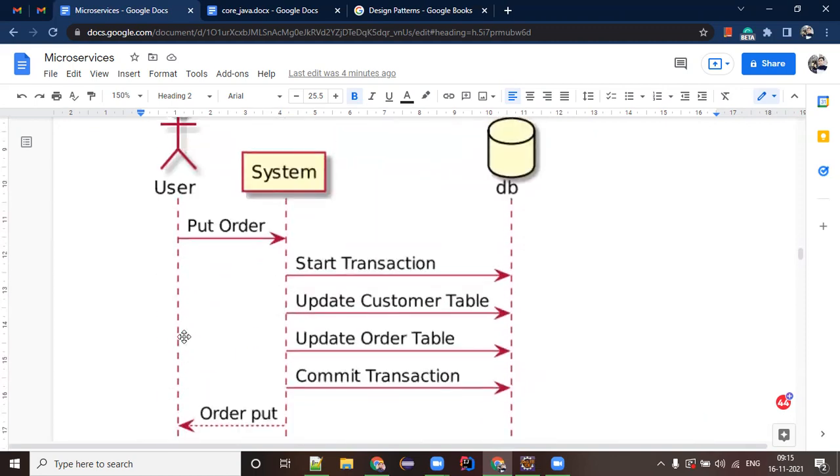This is done. It's a monolithic application, so there are no multiple services involved, and because of that your transaction is very smooth. Handling a transaction in a monolithic application is very simple. But